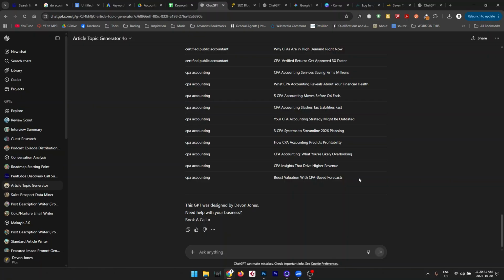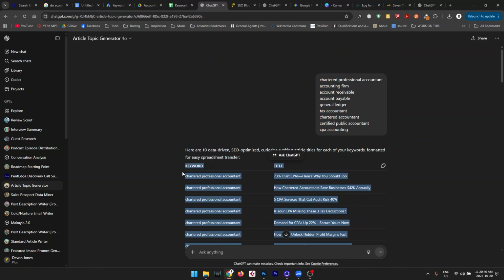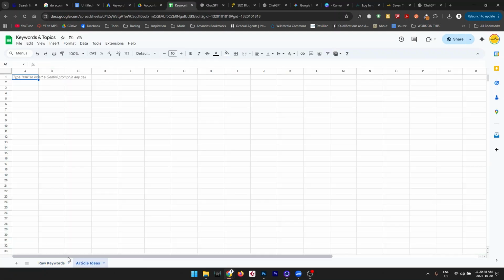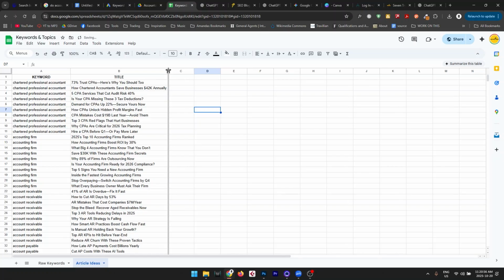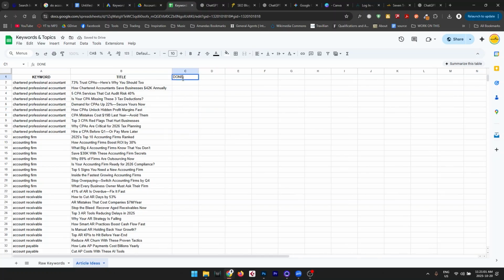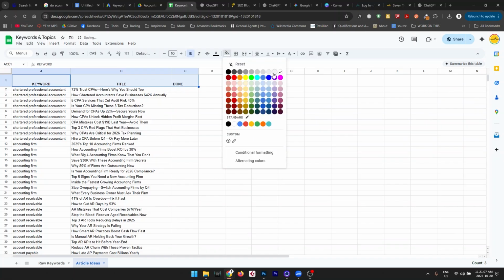Now once it's finished generating all of those topics, let's just highlight all of them here. We're going to copy that, and then I'm going to come over here to our new article ideas tab and paste that in. Double click the sides here so that we can see everything. And then I'm going to add one more column here, and I'm going to call it done. Let's just resize this and make it look a little nicer